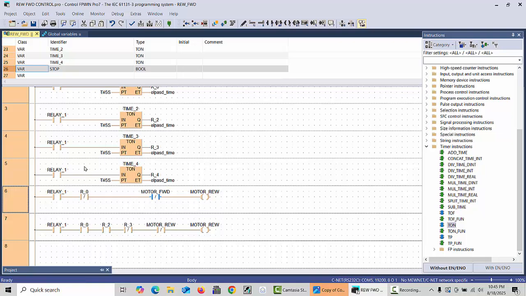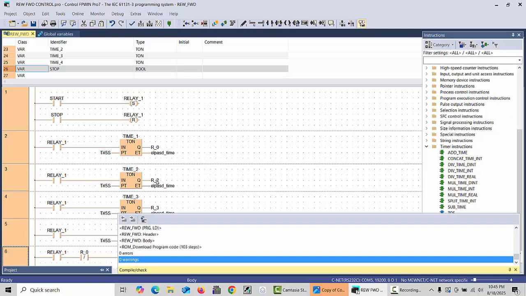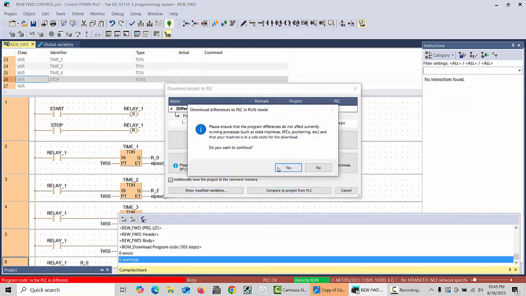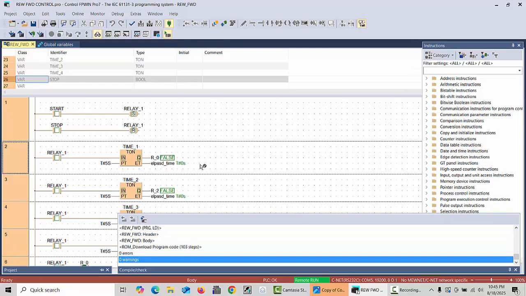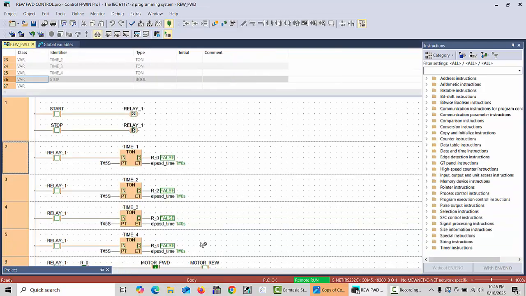Now our program is almost completed. This is 5 seconds, that is, we put this time. Okay, let's compile the program, and now there is no error, and we will just download it into the PLC and click OK, and our program is now completely downloaded into the PLC. And that start push button is inside. We have to check the global variables x0 and x1. That's all. It's okay. Go back, and this we can cancel,